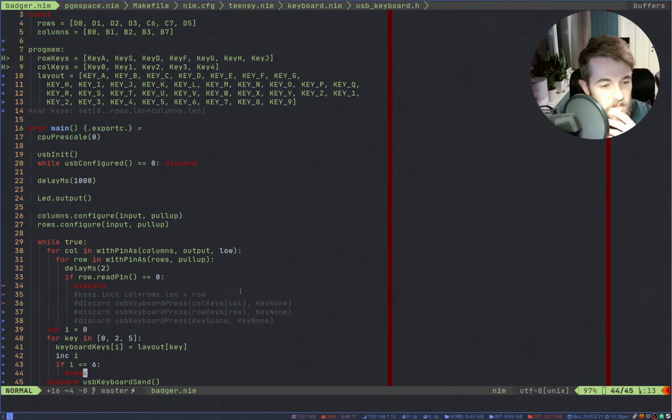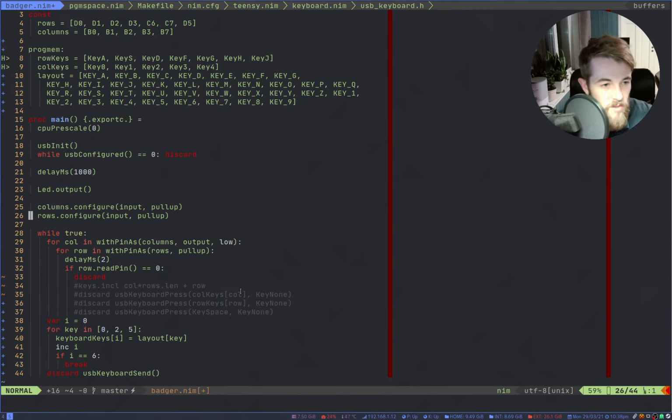So it's not the USB keyboard send that is doing the thing. Okay, so apparently sets will just add way too much overhead. So